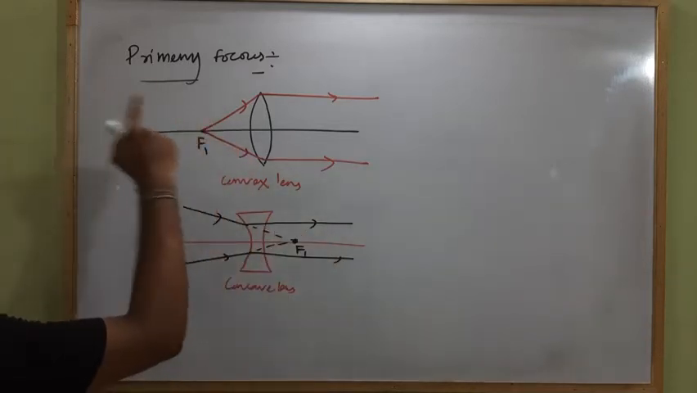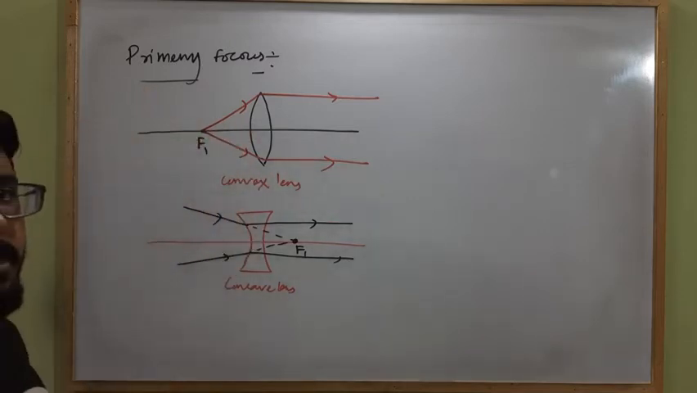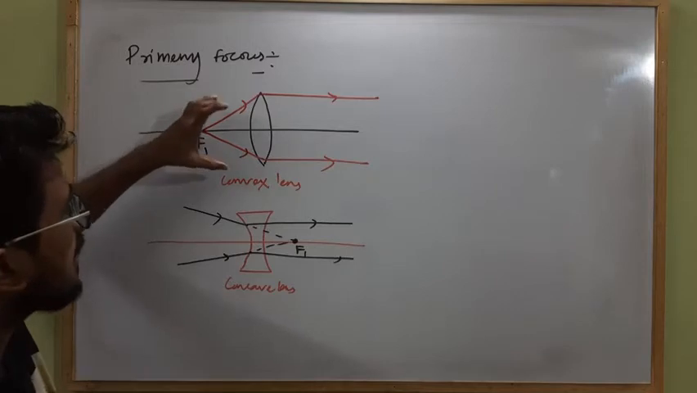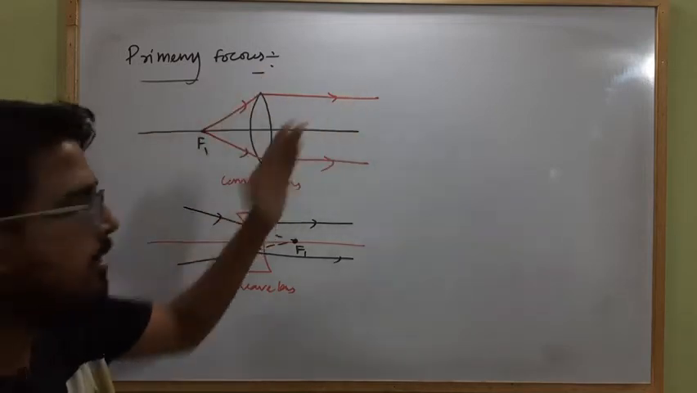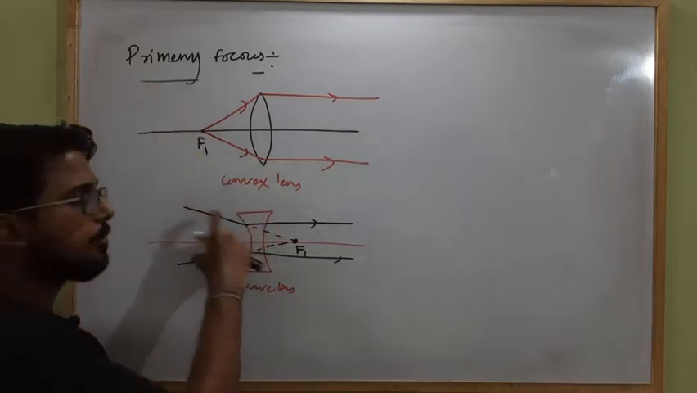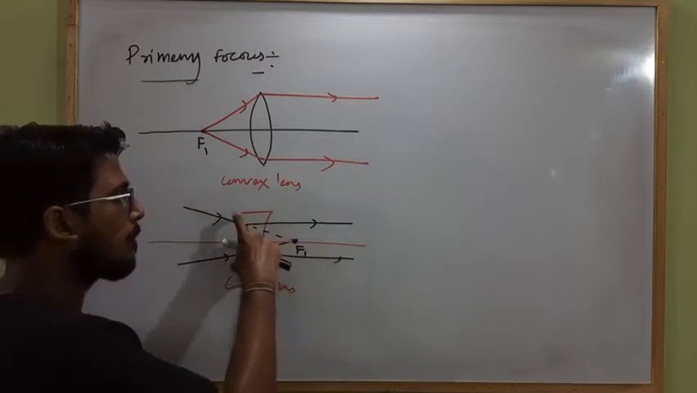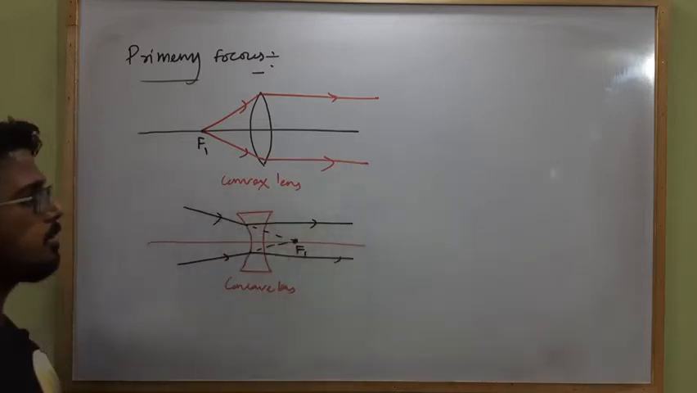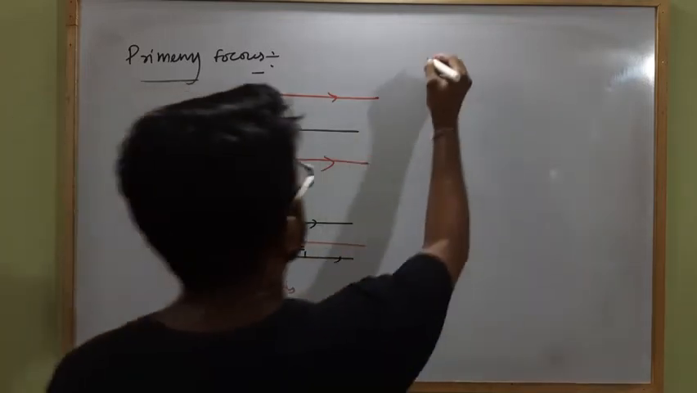So for convex lens, the primary focus is such a point from which the incident rays are diverging and after refraction go parallel to the principal axis. And for concave lens, the primary focus is such a point at which the incident rays appear to converge and after refraction go parallel to the principal axis. So what is primary focus? It is